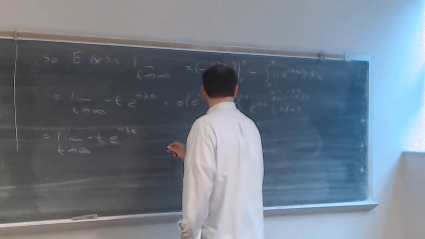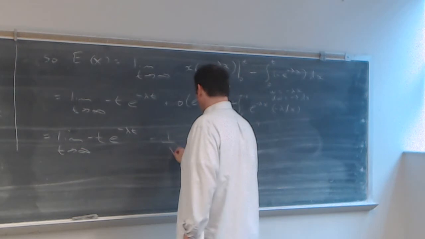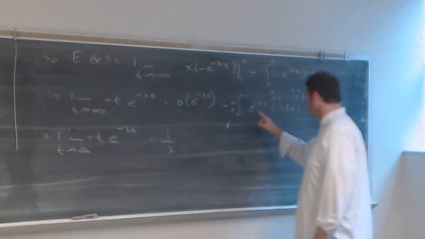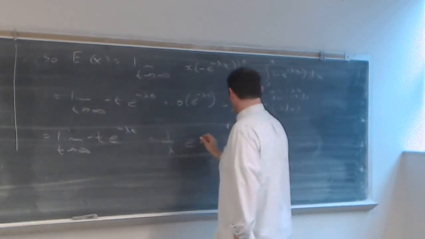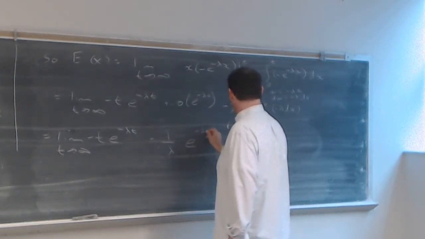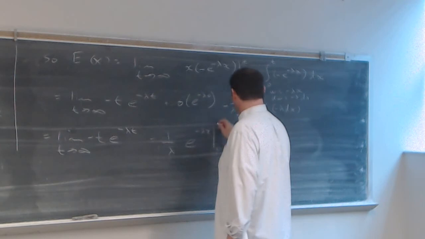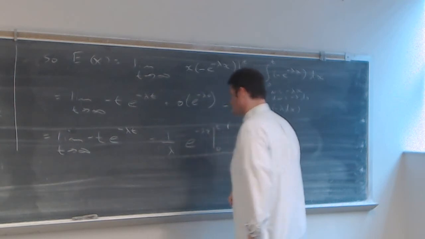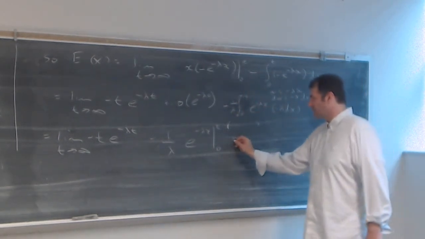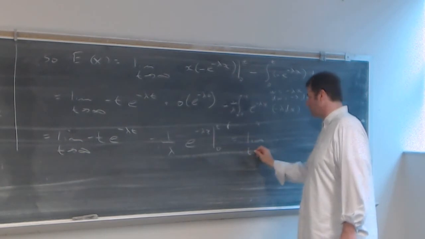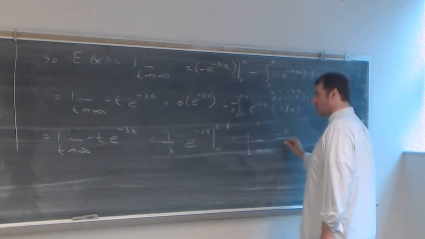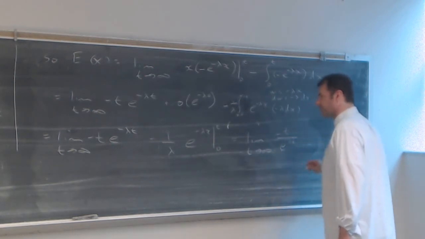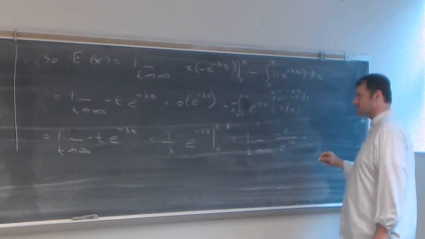And then here, this will be minus 1 over lambda. The integral of e to the something times the derivative of the something is just e to the something. So here's e to the minus lambda x, evaluated from 0 to t. So this ends up being the limit as t goes to infinity of minus t over e to the lambda t, plus lambda t. And then here I have minus